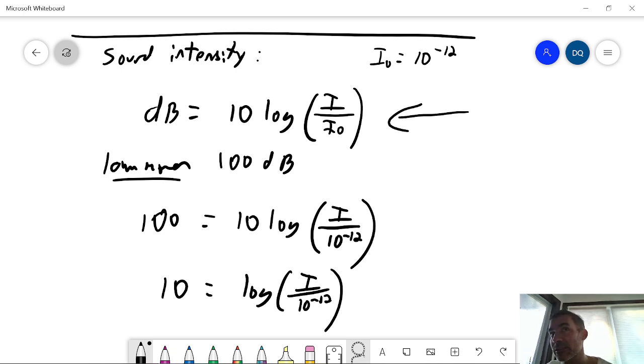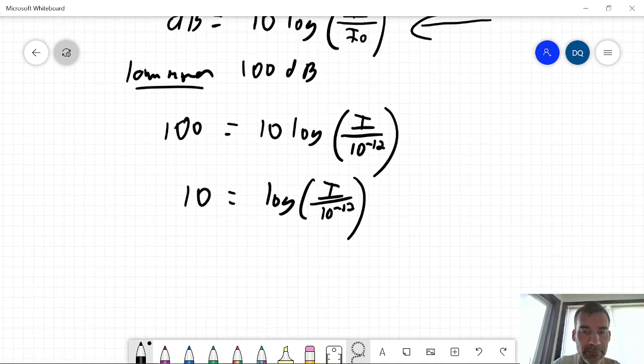Now the reference is the quietest sound that can be detected by a human ear. And that is a sound where you have 10 to the negative 12 watts, that's our unit of power, per meter squared. So any other sound, we just look at the fraction of that over 10 to the minus 12,